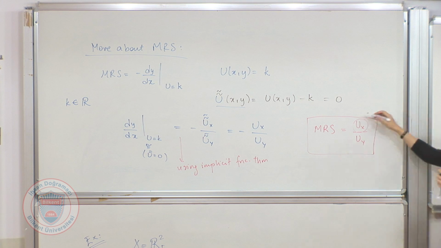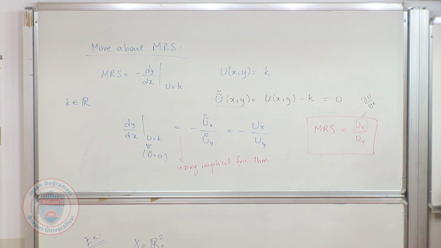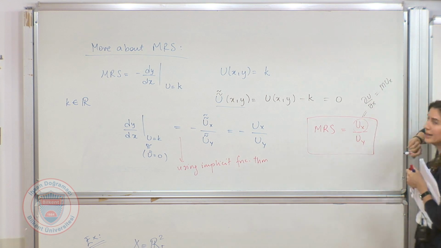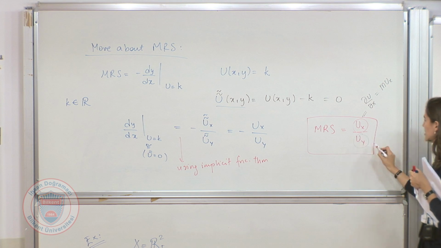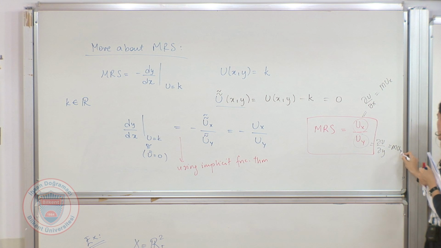This is del u over del x, the partial derivative of the utility function with respect to x. We call this marginal utility of x, MUX. And similarly, del u over del y is the marginal utility of y. What does marginal utility mean? It means that if I consume